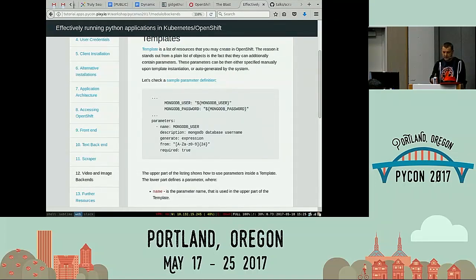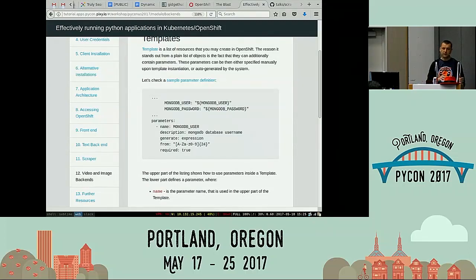In my case, this is 24 characters in length, lowercase letters and numbers. You can easily tweak that one if you have at least basic familiarity with regex. You should not have any problems with understanding that one. The required field clearly states that this parameter is required, and upon instantiation, if there won't be any value, because there is an option to